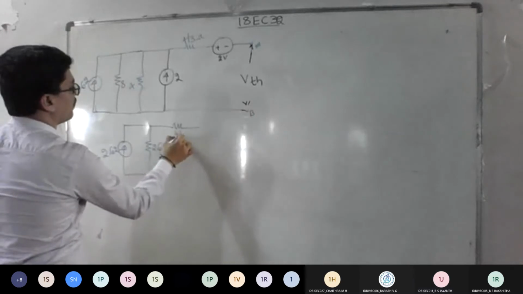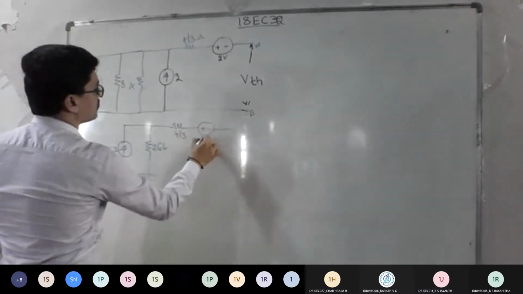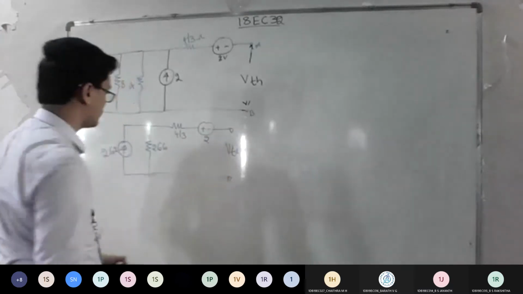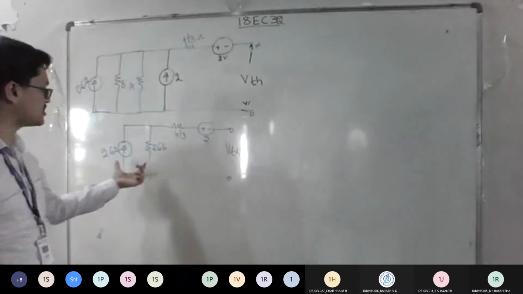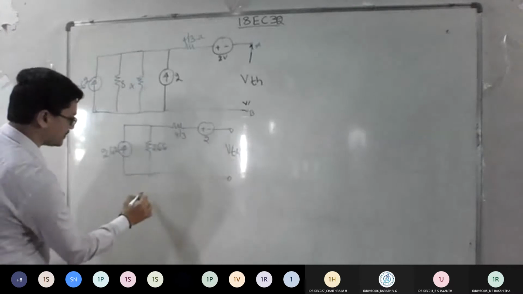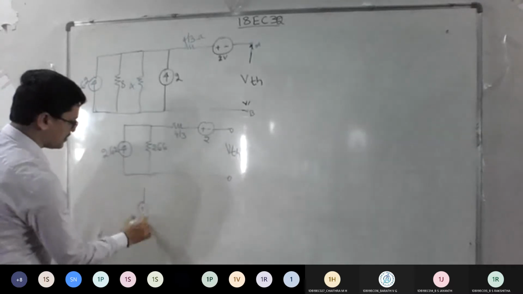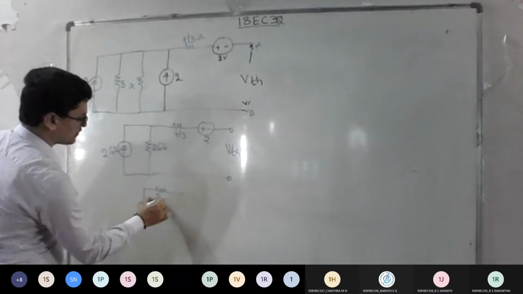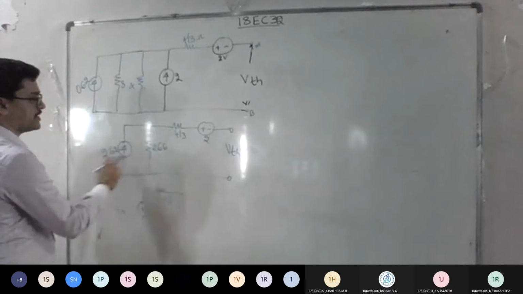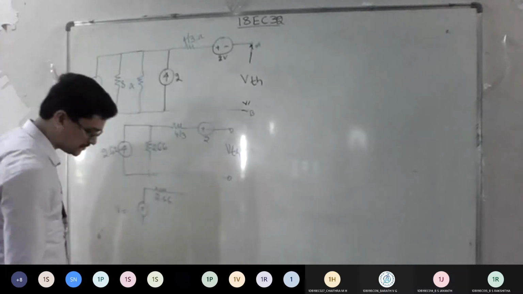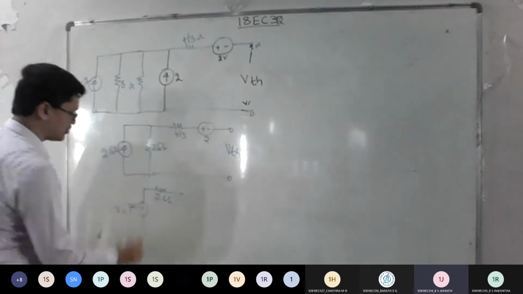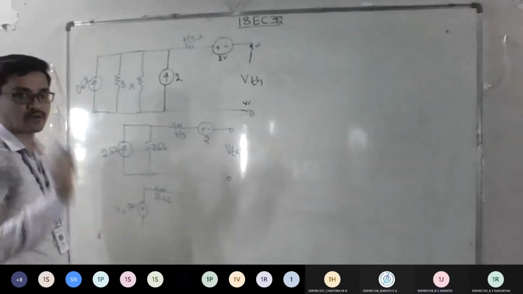You add the 4 by 3 as it is, and the plus or minus 2 volt as it is. Let me keep that VTH, A and B, as it is. Now what can be done? Again, you can convert this back to a voltage source. Yes or no? So convert that back to a voltage source. The direction is plus minus. This 2.66 comes here. What's the value of the voltage here? V is equal to I into R. Multiply to get the voltage. How much? Almost 7, sir. 6.969. Okay, so let me take 7 volt, approximately 7 volt.